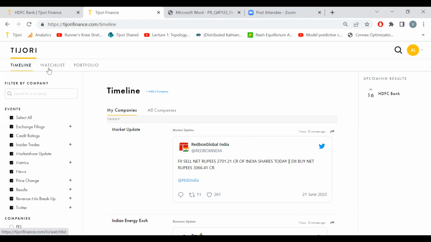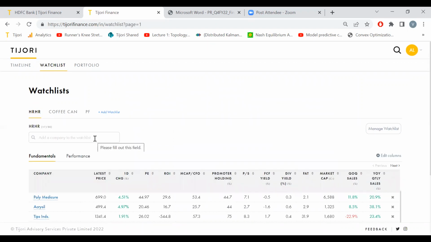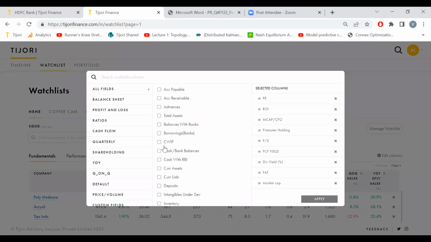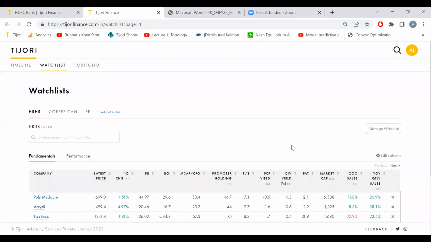What we have now and what we're strengthening is tracking companies which are one in your portfolio and two in your watch list. So of course, you can add companies to your watch list here. You can add up to 10 watch lists and 50 companies per watch list, so 500 companies. You can export it to Excel and whatnot. Let me just move this Zoom widget so I have space. You can edit the columns of the watch list, make your own formulas, add whatever you want to make it look how you want.